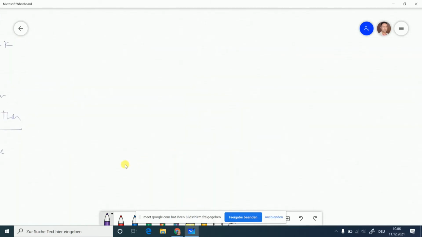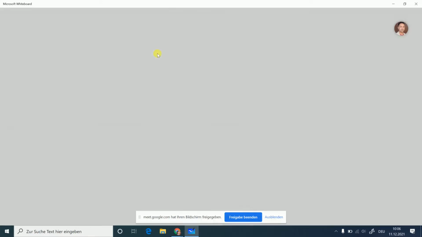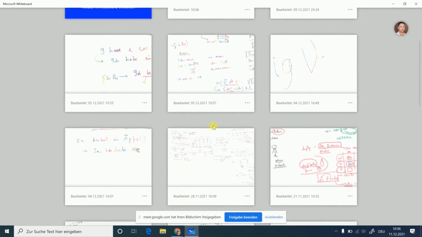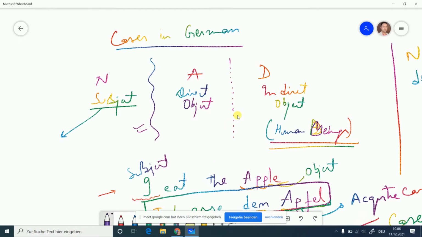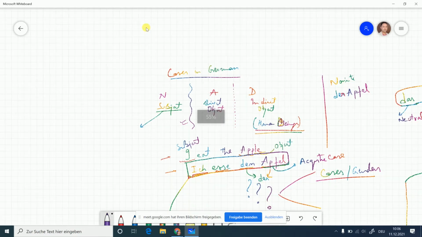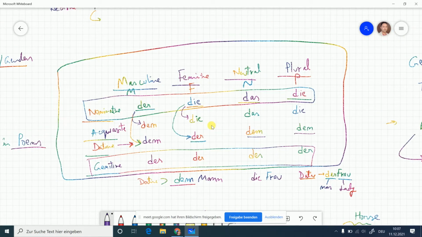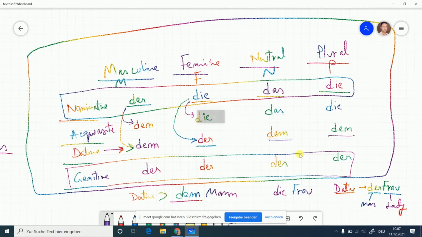Okay, going further, I also told you one table. Let me quickly check because that's a little complicated table. Where is it? Must be here. Yeah, this was also an important table. But I requested everybody to please take a screenshot and remember it all the times because this is going to be the basis of future grammar.